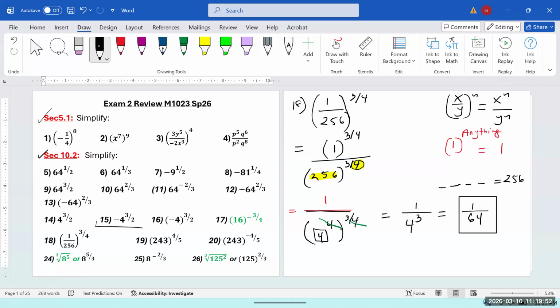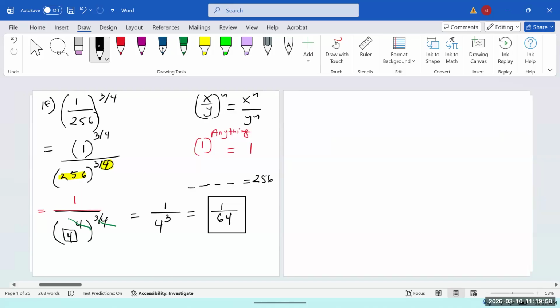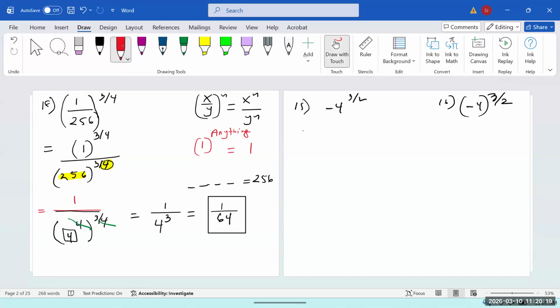Let's do an example. Let's do 15 and 16. -4 to the 3/2. 15: -4 to the 3/2, and (-4) in parentheses to the 3/2. When you don't have a parenthesis, what does it mean? It's a coefficient or it's a multiplication. So negative times 4 to the power 3/2. So this negative doesn't affect us because it's a multiplication. So we keep this and we rewrite